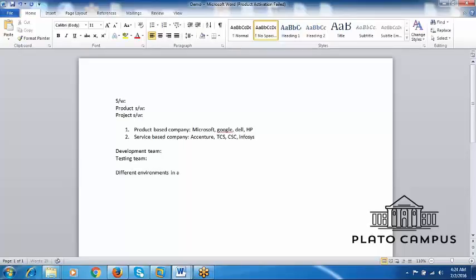Different environments in a project. They are development team, testing team, UAT, development environment, testing environment, UAT environment.